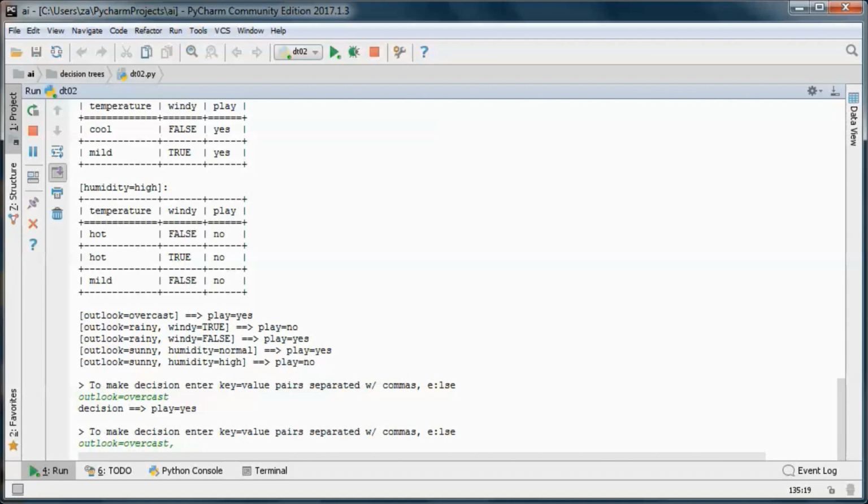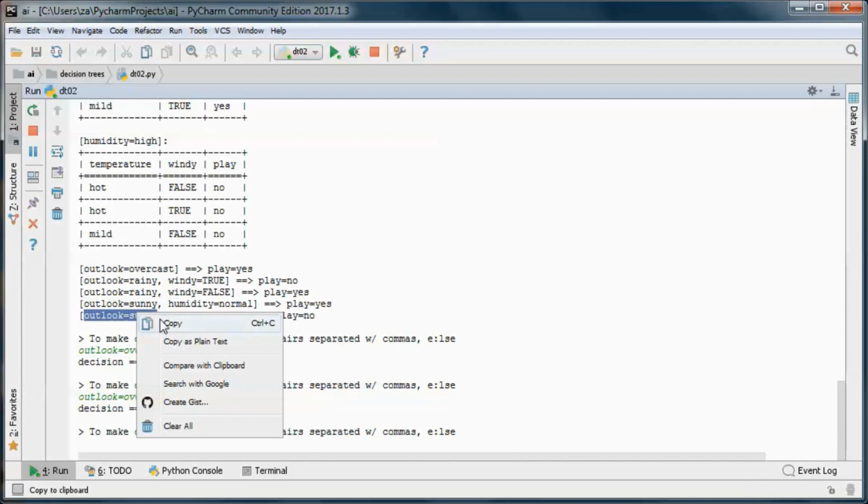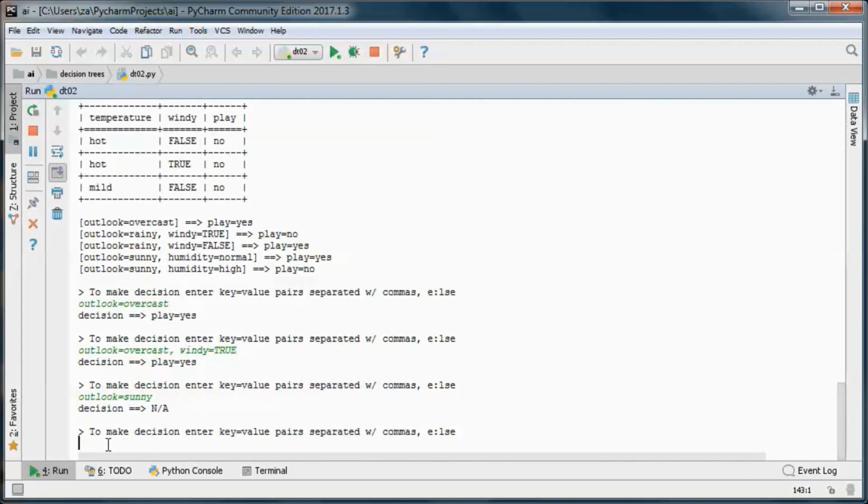So maybe add windy is true, and it still makes the same decision, so it is only using the first attribute. And let's see if it makes a decision with only this attribute where two are needed, so it cannot do that.